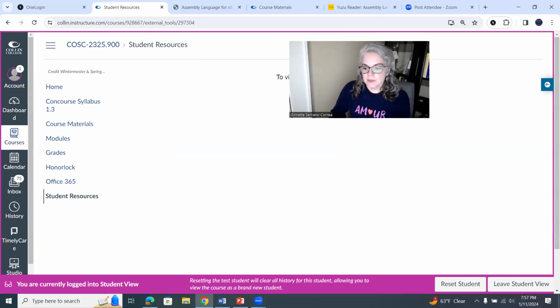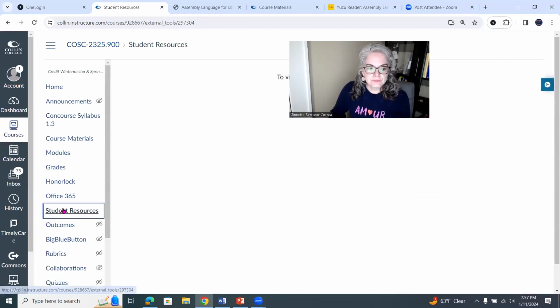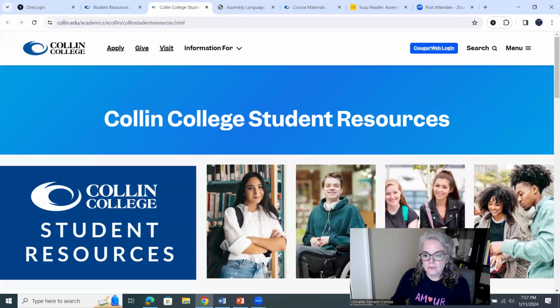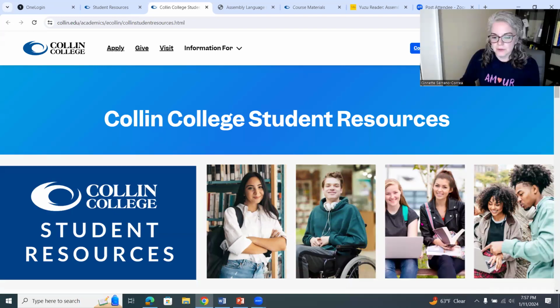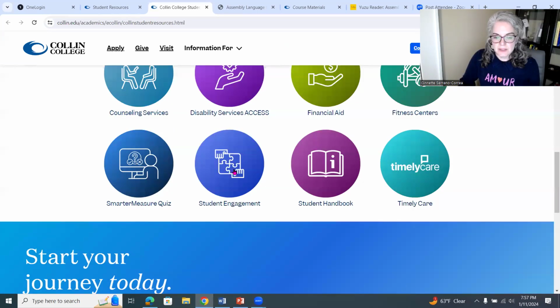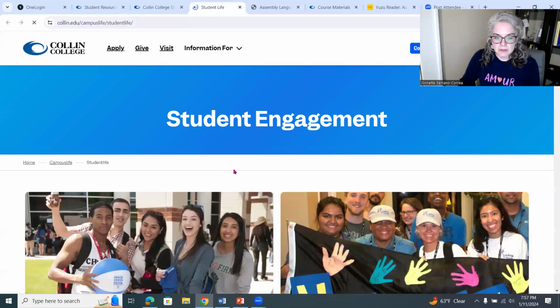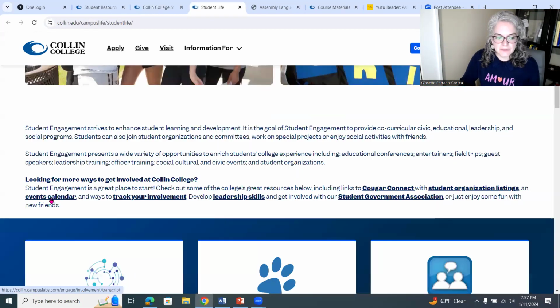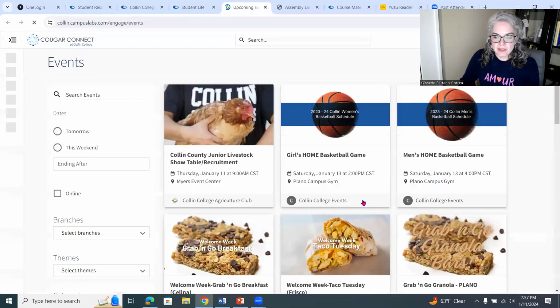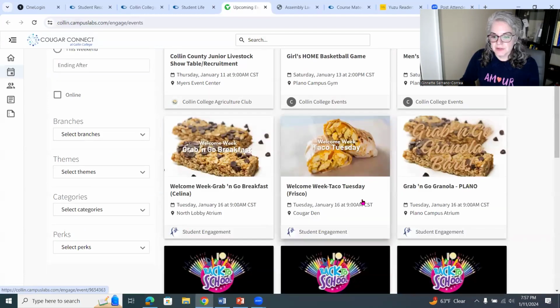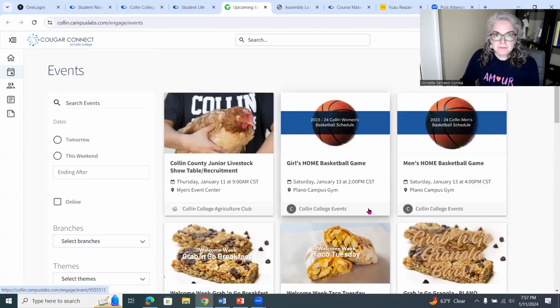And so under student resources, there's this thing that says student engagement, and in student engagement, there's a calendar, an event calendar, and it gives you everything that's happening on campus, on all the different campuses, and the time. There's things that happen on weekends and nights, and so look at there.